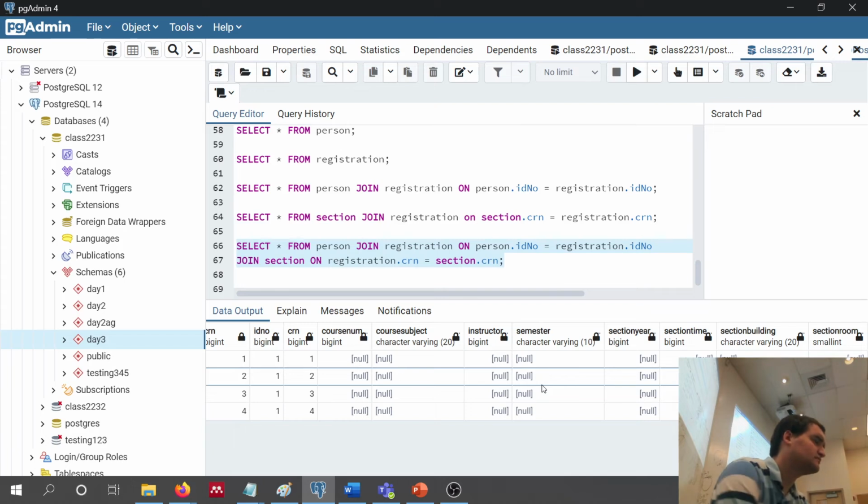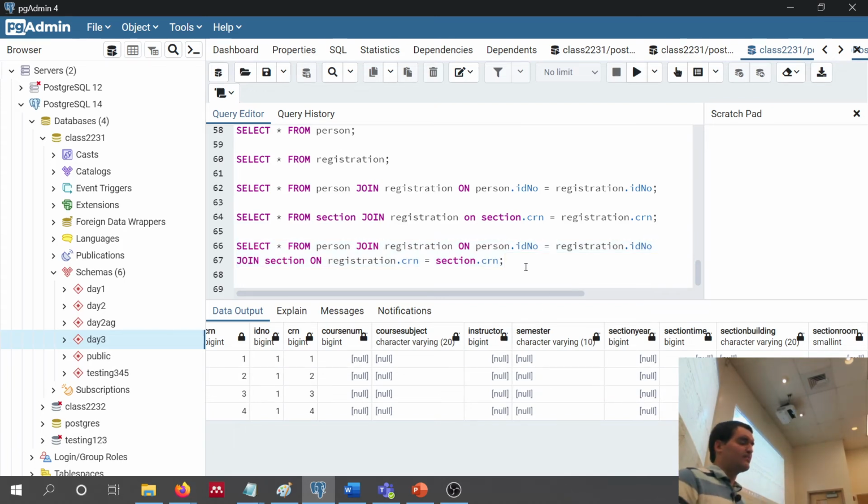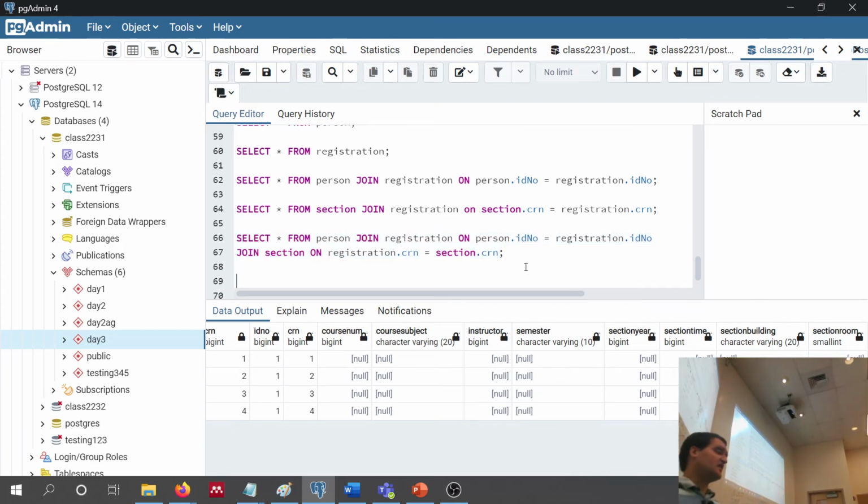A couple other things I want to cover that we haven't covered up to this point that I think are still important to know. Okay, so we have ways to order things. What I mean by order is really sort. So if I wanted to sort the output, I would use ORDER BY, and then I just say which column I want to order by.